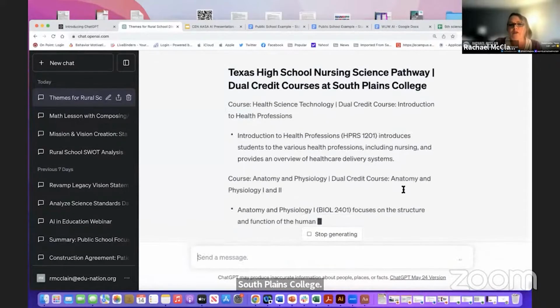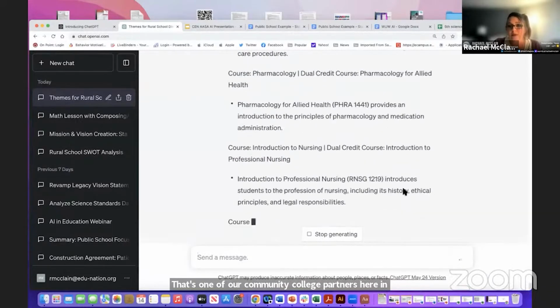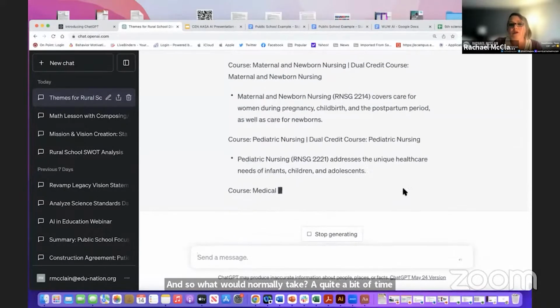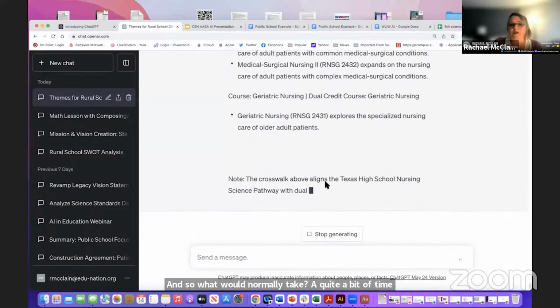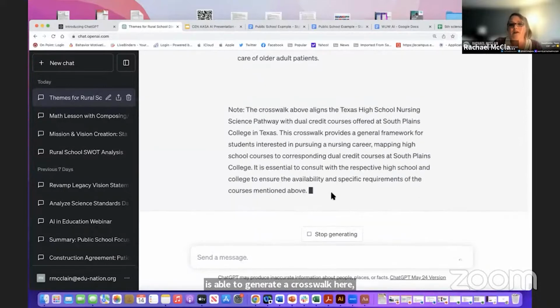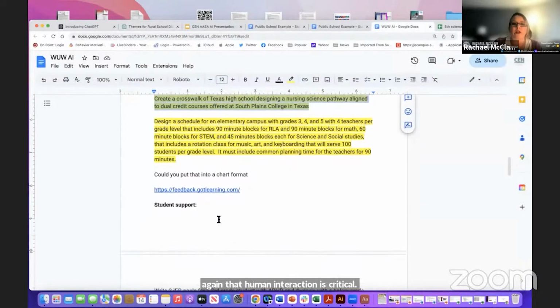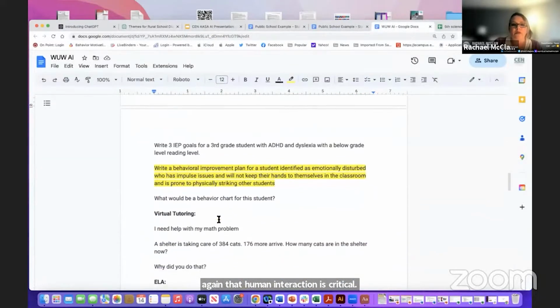What would normally take quite a bit of time is able to generate a crosswalk here describing the courses, and then aligning it to the high school level. Again, that human interaction is critical there, but it gives you a very good starting point.